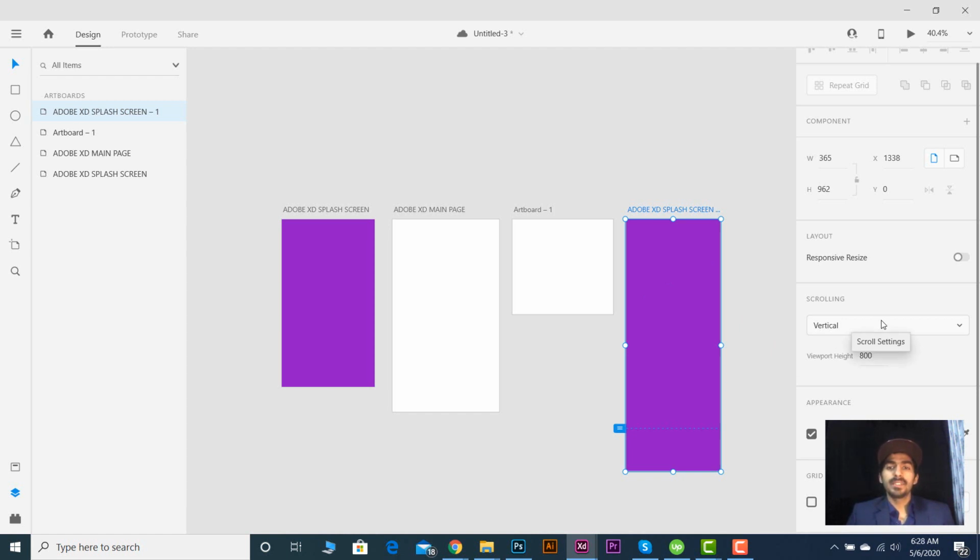So these are the things we have in our artboard tools: how we can create an artboard, how we can rename it, how we can edit the artboard, how we can resize it, how we can move the artboard, and what things are in the property inspector of the artboard tool. So that is how we can use this in Adobe XD. Let me know if you have any question about artboards, and I will let you know about other tools and things in Adobe XD in the next tutorials.